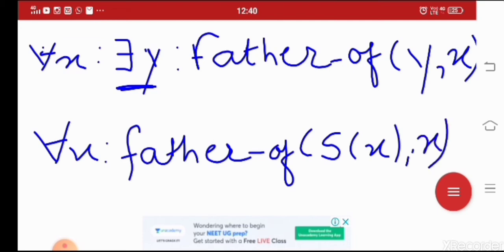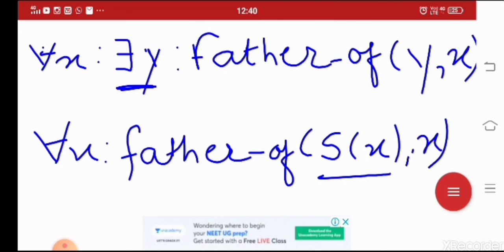Why this x? Because the existential quantifier uses the variable y, so this y also gets removed with the existential quantifier. Hence we have written here s of x, that is the Skolemization constant for our existential quantifier.